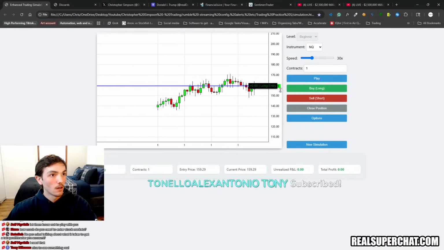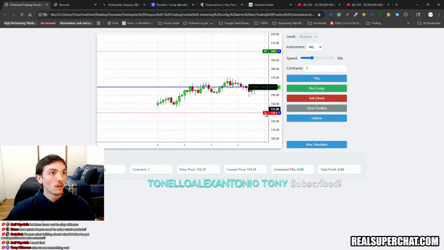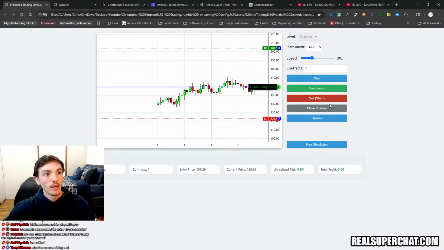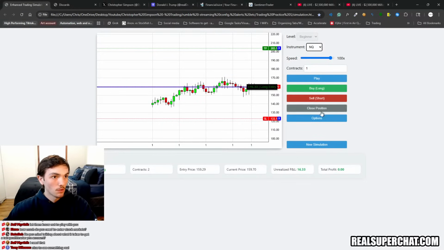So there are some glitches still. You can add this X. I don't like the X. It needs to go somewhere over here. I haven't had time to mess with it, but you can drag it up or down, take profit, stop loss. You can move it with the right click of the mouse, and then you can close the position. You can trade here. You can speed up the simulator to 100x. You can go to MNQ. I'll probably add ES soon.